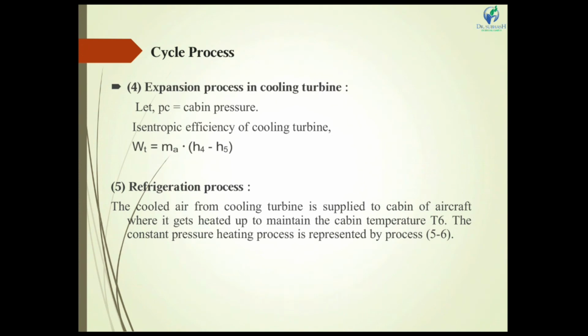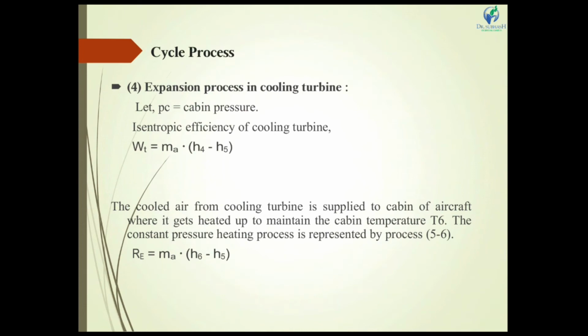The next cycle process is the expansion process in the cooling turbine. The expansion process is to PC, cabin pressure. The isentropic efficiency of the cooling turbine is